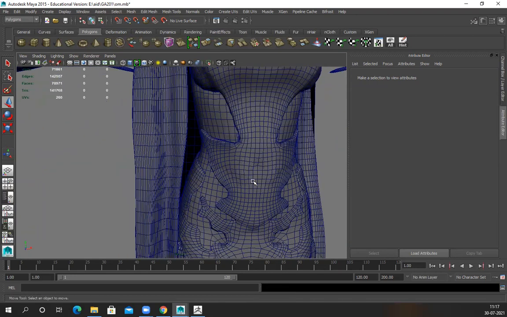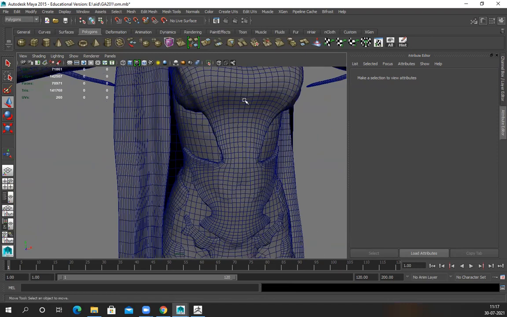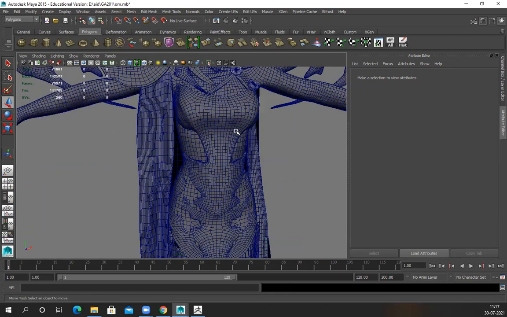If I don't have enough topology, or there's a huge difference in mesh distribution, then when the character bends, this thing will intersect with the body. So that's why you retopo, and why the poly distribution should be even. Otherwise there will be intersection, which means the model is wrong.